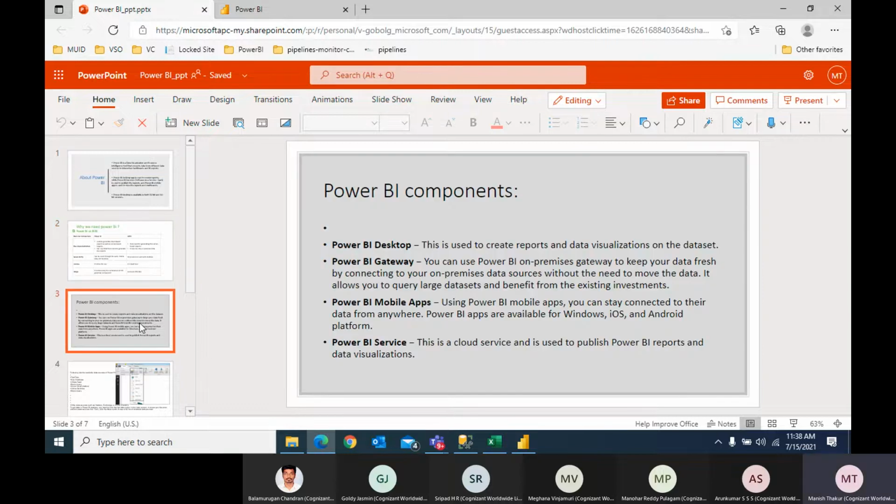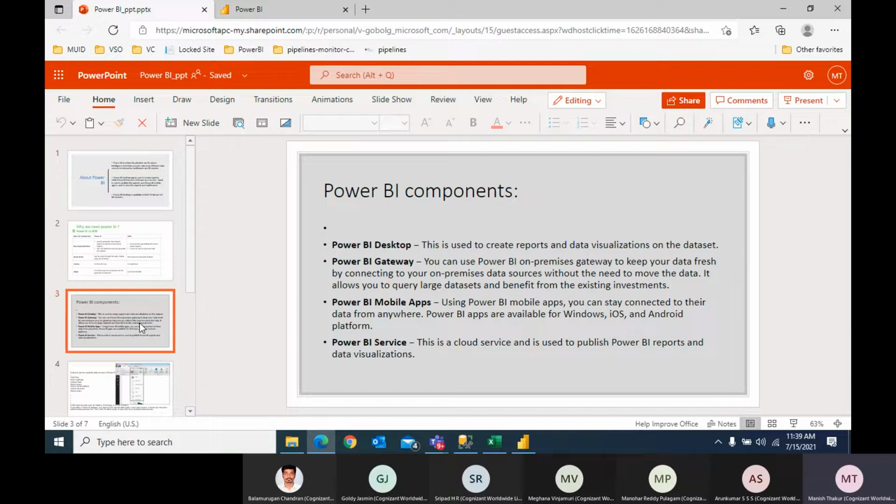These are some of the Power BI components. You have Power BI desktop, which is used to create reports and data visualization on the data set. Power BI gateway, the on-premises gateway, keeps your data fresh by connecting to on-premises data sources without the need to move the data. It allows you to query large data sets and benefit from existing investment.